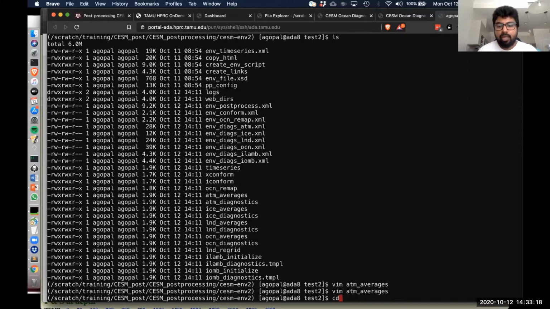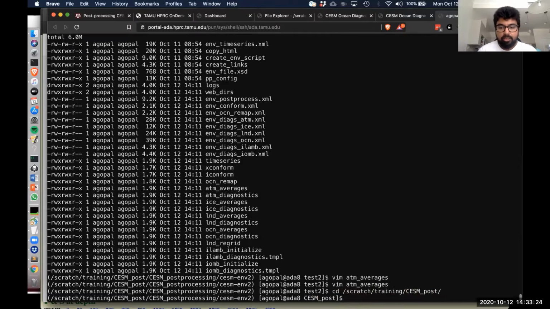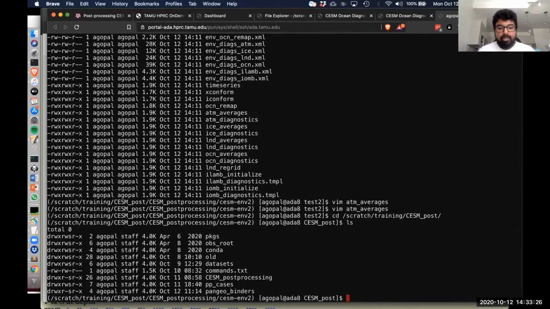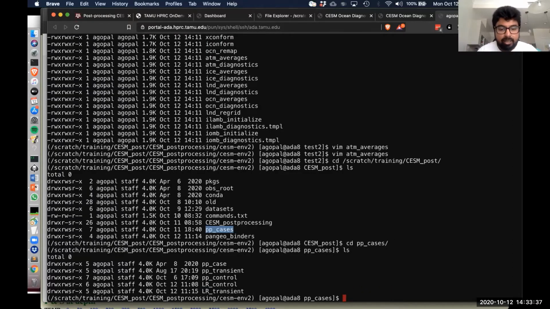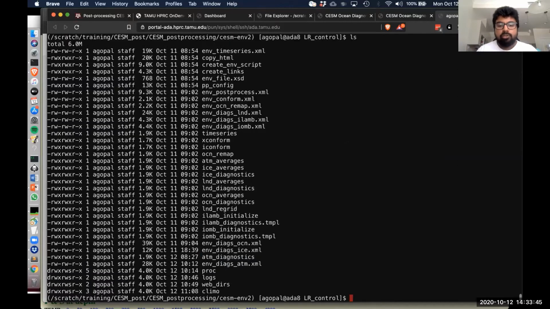Okay, so I'm going to go back to scratch training, CESM post. Here, the folder you want to look at is pp_cases. I have a couple of folders here, but you want to look at LR_control. The plots I showed you previously were generated from this directory. There are two files you mostly want to look at. The first and most important file is